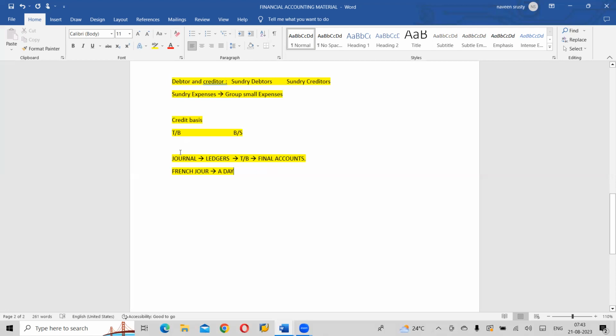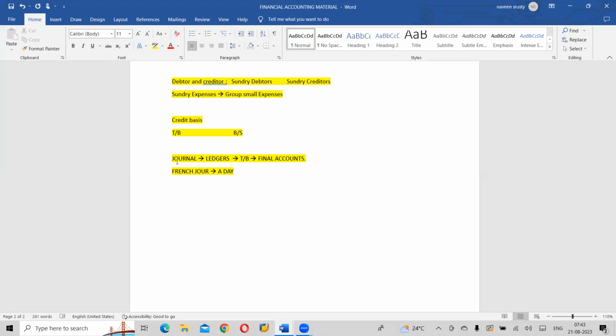Clear? In which aspect will we record? In chronological order. In general, all the transactions will be recorded, all clubbed date wise. But by looking at the journal, we can't make out, for example, there is a cash account, it will repeat a number of times. So by looking at the journal, we can't say how much cash we have received, how much cash we paid, correct? And what is the balance of cash as on today. By looking at the journal, we can't make that out. Understood what I'm saying?